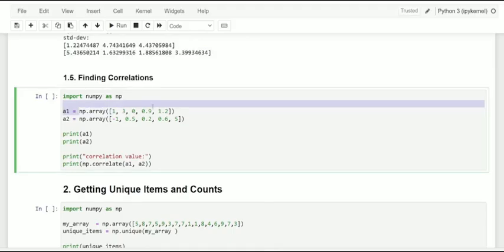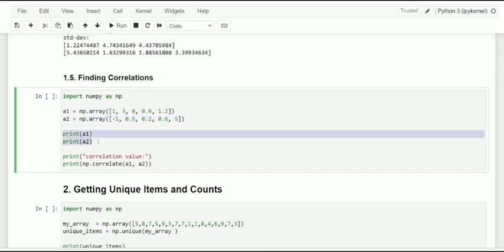One given data is specified as 1, 3, 0.9 and lastly 1.2, and we specify it as array 1. The second array here is -1, 0.5, 0.2, 0.6 and 5. Let me display it here, this is A1 and A2.